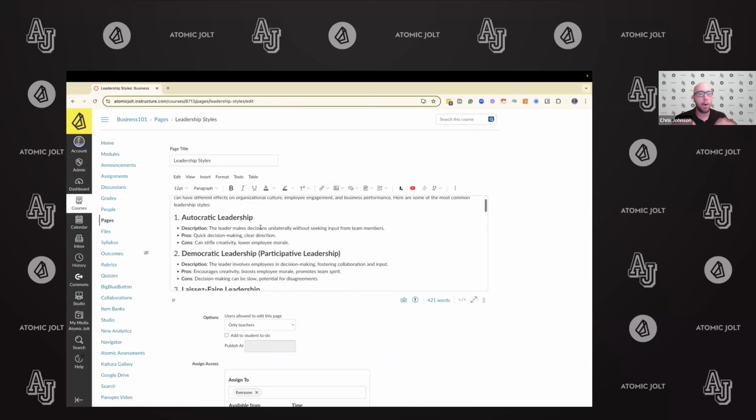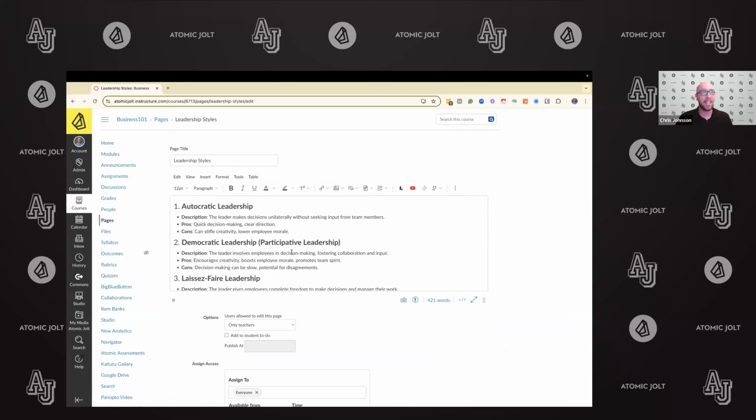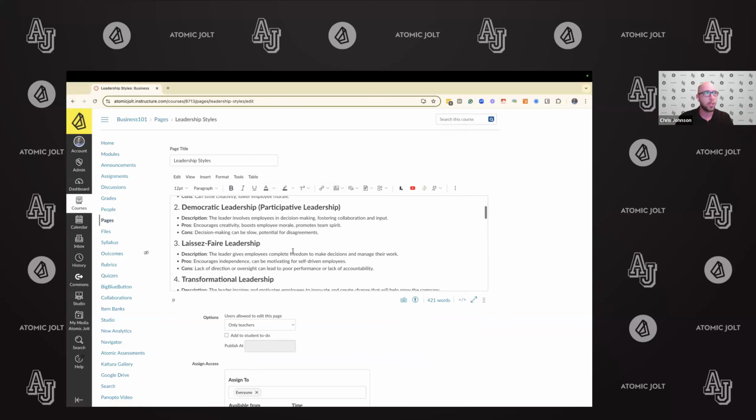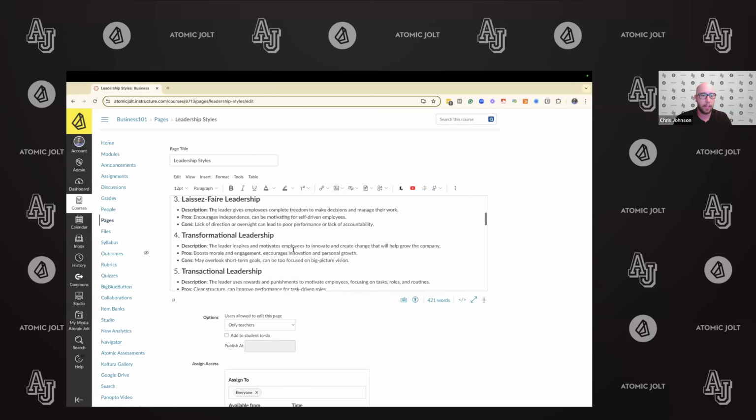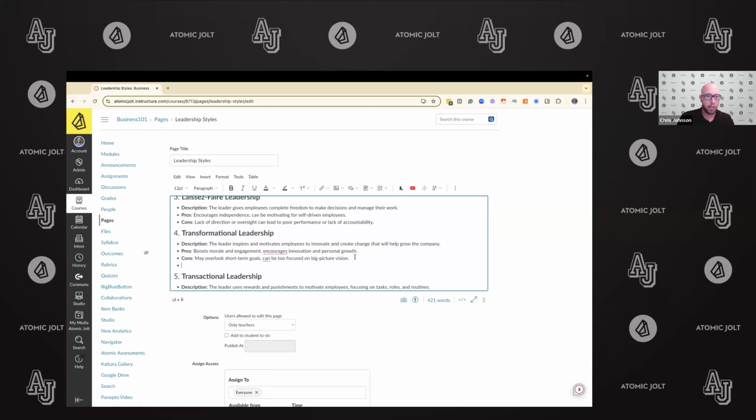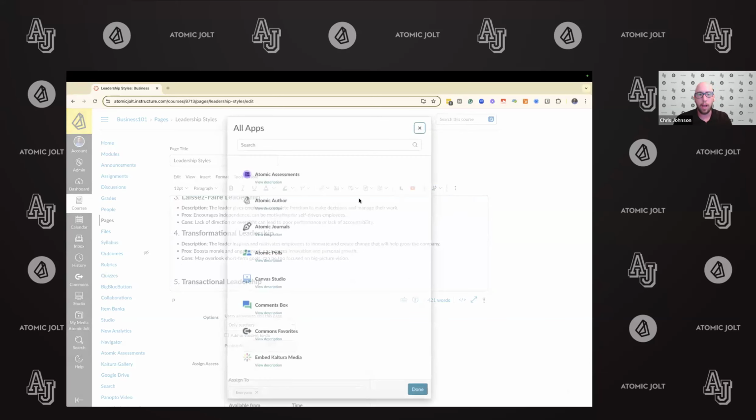So again, I want to break up this text. I don't want my students to see a wall of text and get intimidated. I want to ensure that they're participating in their learning, taking an active approach. So I'm going to just discuss with them, in this case, let's just edit the transformational leader portion. And I want to encourage some thought and reflection. So I'm just going to ask them in this case, who's a good example of a transformational leader?